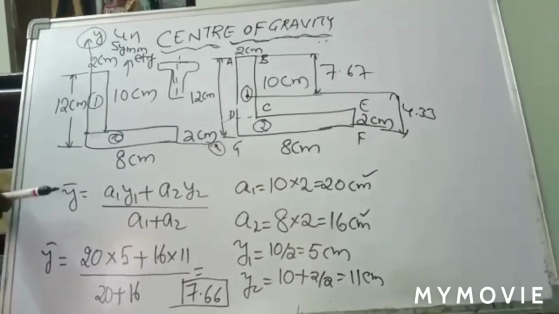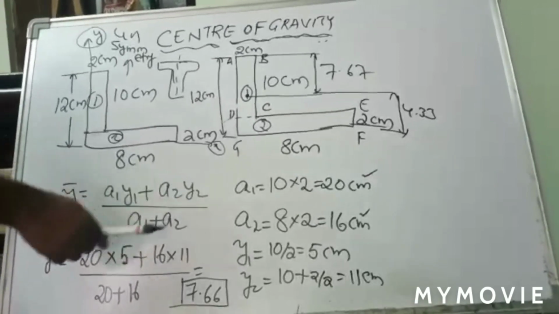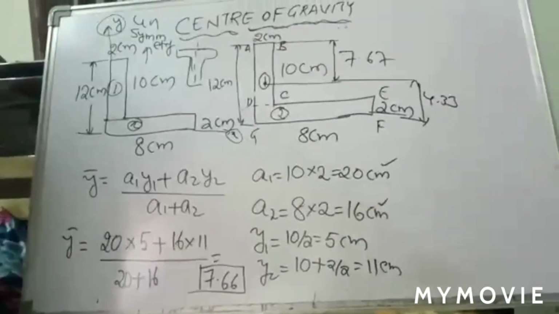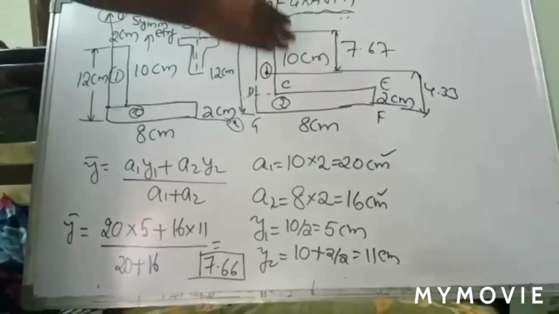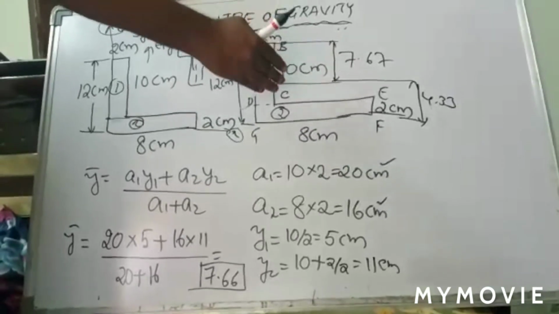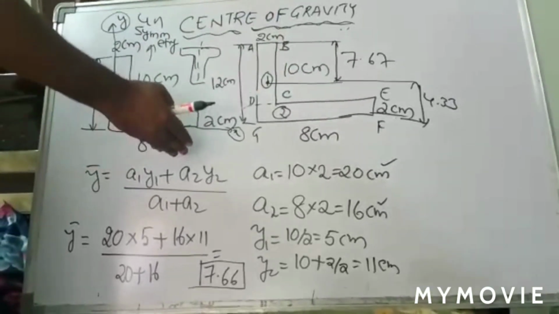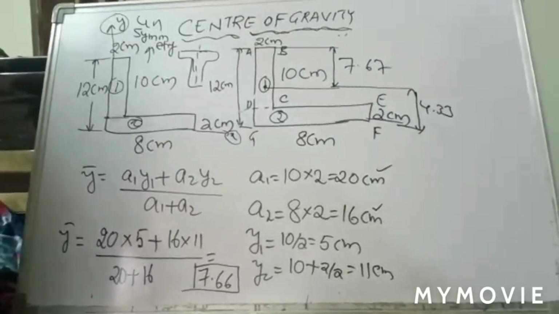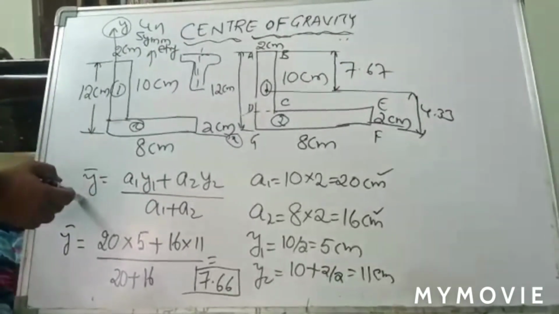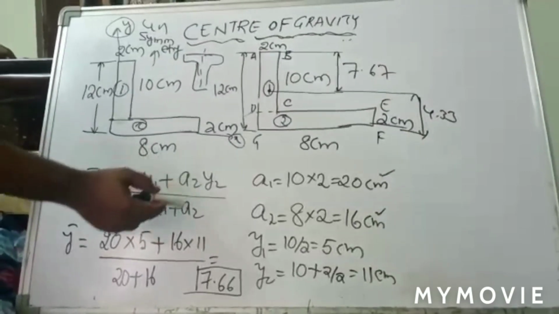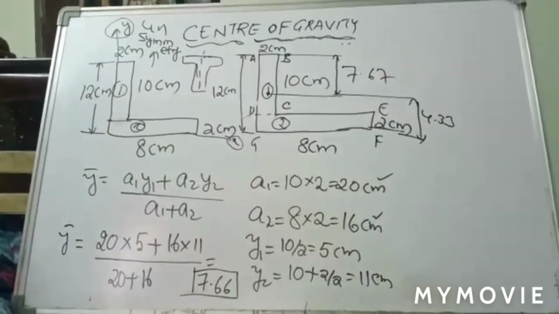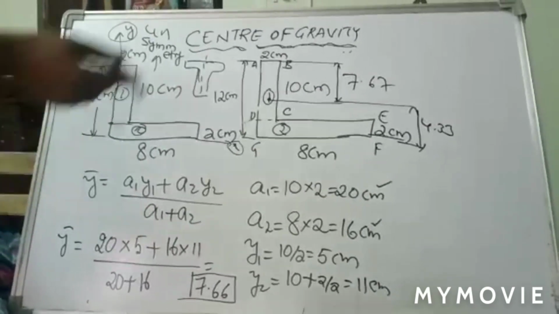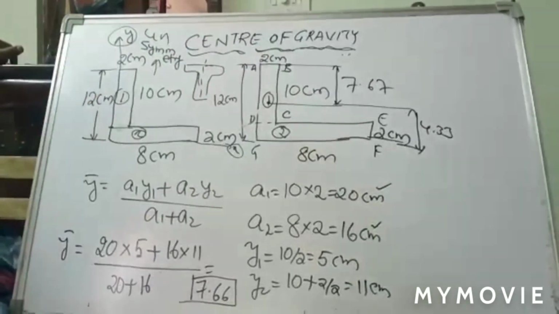So what is the formula for the centroid about the y axis? It is (a1 y1 plus a2 y2) by (a1 plus a2). Why is it only a1 y1, a2 y2? Here you are having only two parts. Please understand we are having only parts 1 and 2. If there is any other part, a3 y3 would also be there. Right. So the formula is y bar equal to (a1 y1 plus a2 y2) by (a1 plus a2). Now what a1, a2 and y1, y2 are, you simply obtain from this location.